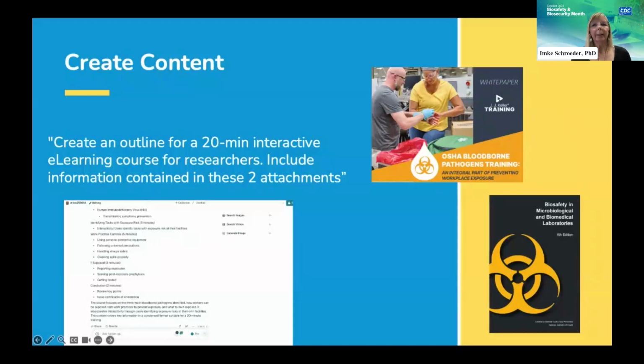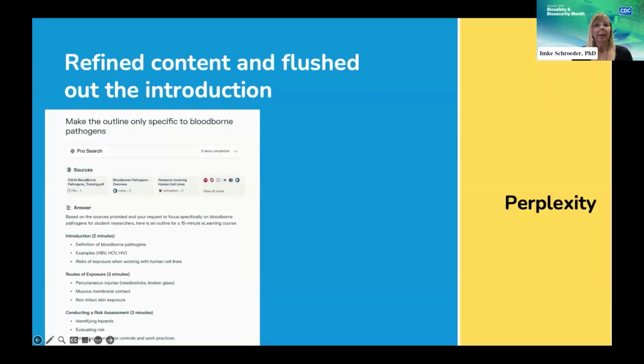So this is Perplexity, and PDFs can be added not to all chatbots, but Claude and Perplexity will accept PDF analysis. So I can now take the content, and so just the beginning of the course outline, and you can see it looks pretty reasonable.